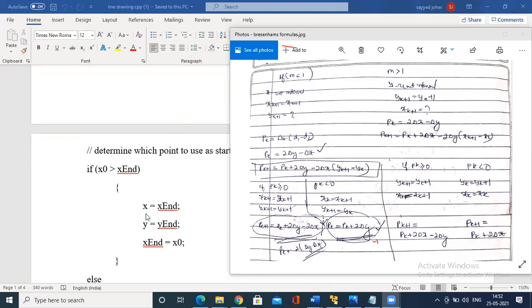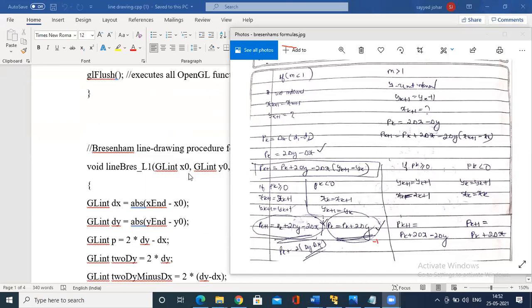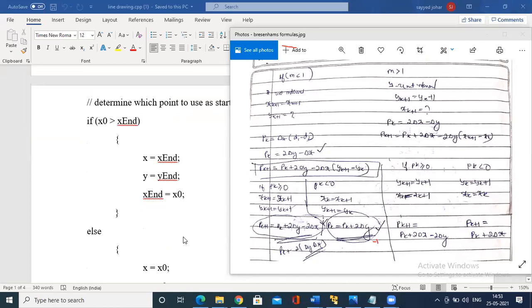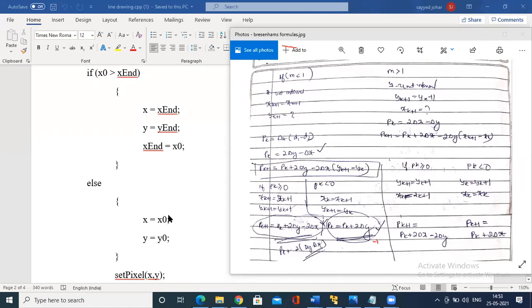What is there in x, y? x2, y2 is there. So if x0 is greater than x end, we treat x2 as x and x end equals x0. Else you simply treat x equals x0, y equals y0.